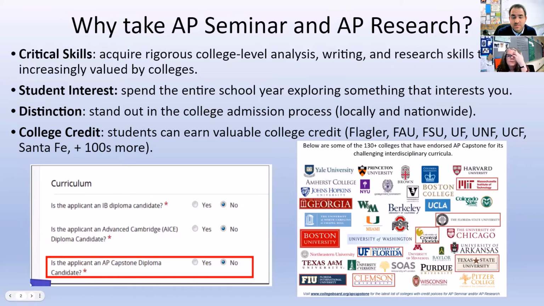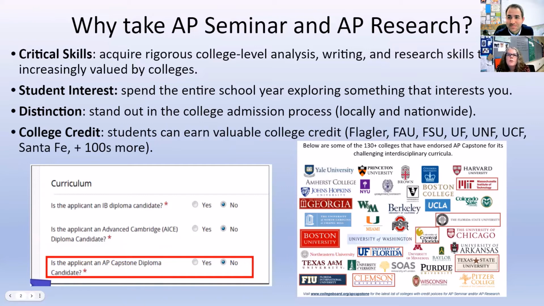And in Seminar, they get to do some of that same sort of thing, exploring topics they're interested in. I've seen topics that range from video games and esports, all the way to solving current real world problems like homelessness. So students really have the opportunity, like Ms. Shu said, to get into topics that they may not have a chance to explore in other school settings, and learn some useful skills as they do that.